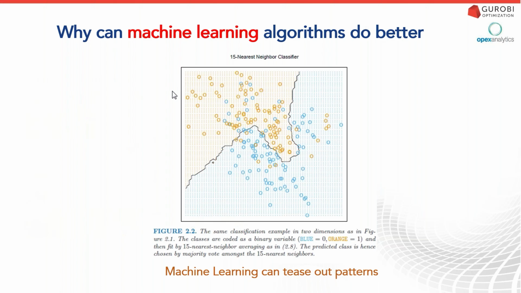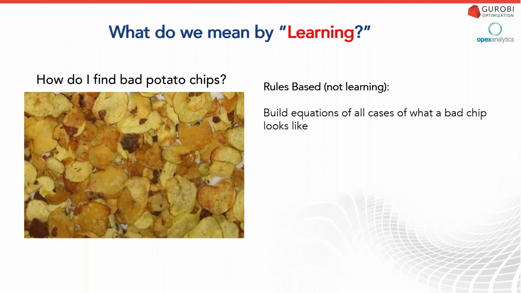So we'll have to have other methods for testing how well this works. And Sam will talk about some of these in detail as he goes into a section. But I think this is a nice intuitive way to think about why machine learning does better and what it can do differently. And it can help tease out patterns that might not be so obvious at first.